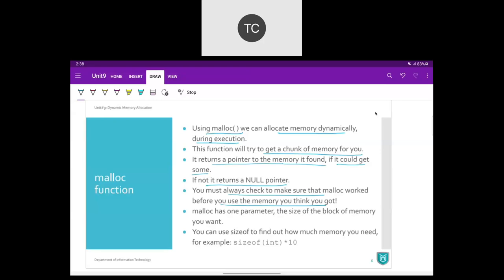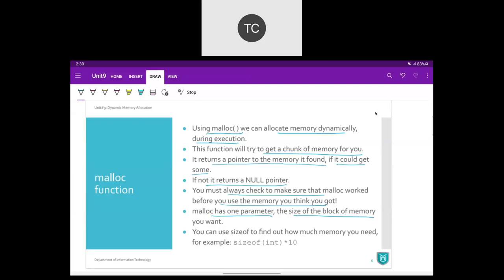Right. So that's how we use it, but what is the actual syntax? Malloc requires one parameter, remember, and that parameter is going to be the size of the memory block that we want, in terms of bytes. How many bytes we need, that's what we are going to pass.